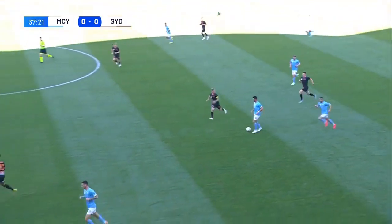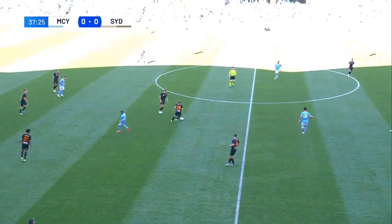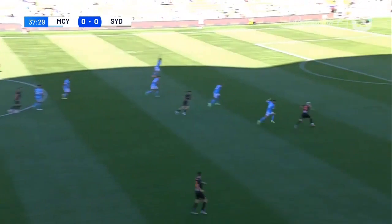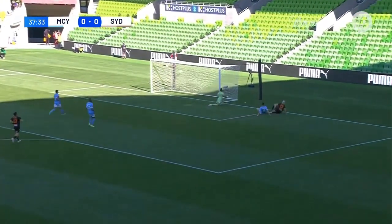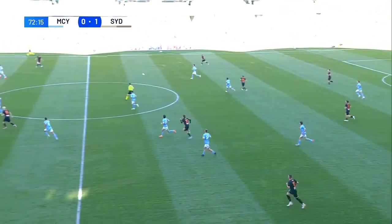Talking point. A big talking point. What about the touch from Anthony Caceres to drag that ball through the line of defence? For mine on first viewing. It could be away again here. It's Patrick Wood. Oh, great finish. Patrick Wood into the roof of the...